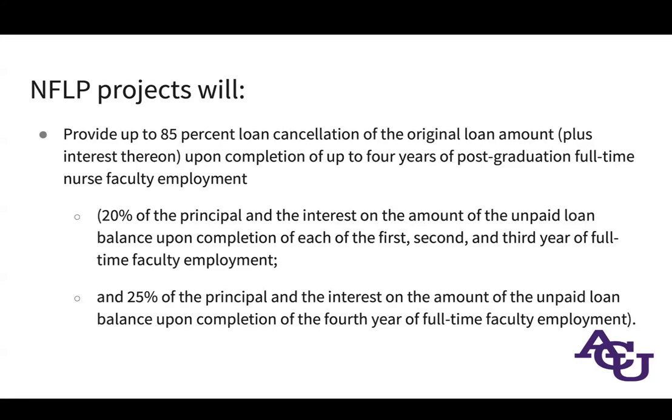And then if you do all 4 years, all 4 years that the eligibility allows, that's 85% of the loan cancellation, at which point you have not just great credit, but you have all the income that would have gone towards servicing a loan and paying interest that is now available for everything else. So it both encourages